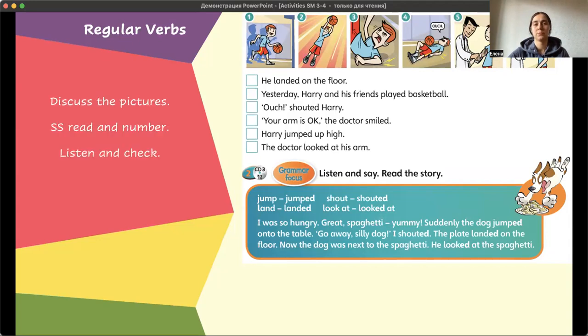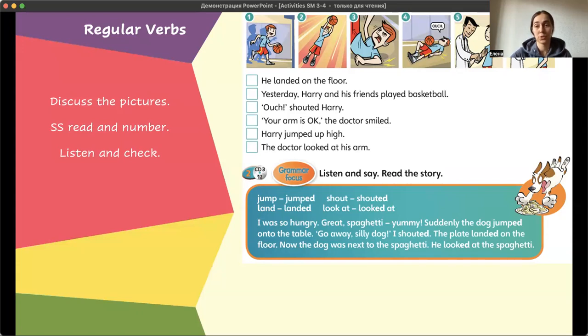So we discuss these pictures, they tell me what happens there, then they read and number, and then they listen and check. So this is the usual procedure, but then we need to practice regular verbs,